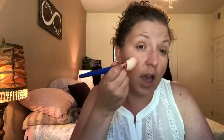For blush today, I'm gonna use this new little Butter London blush set that I got. I'm gonna go in here with this sort of apricot shade, starting at the apple of my cheek and working my way up toward where we put our bronzer. And I go like that. I like to do a lighter blush that way. And I'll do that on both sides,